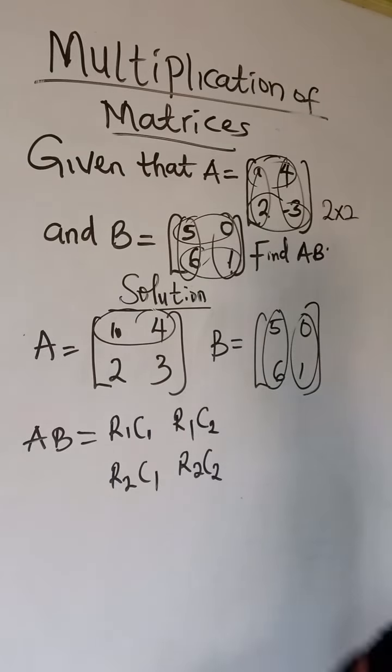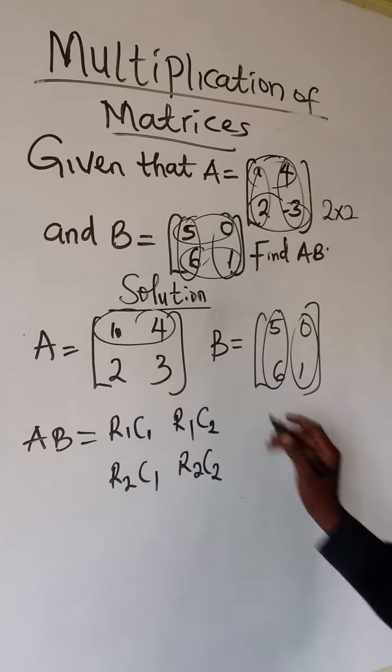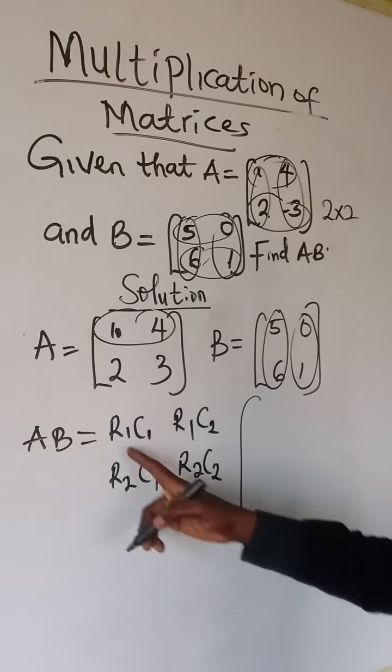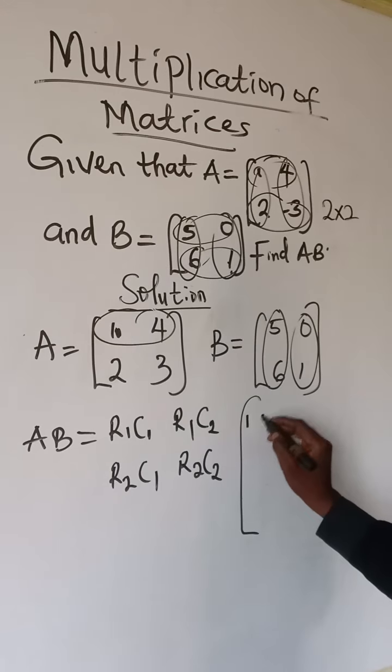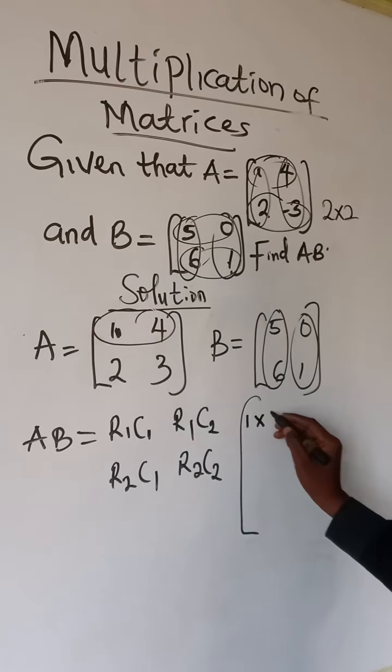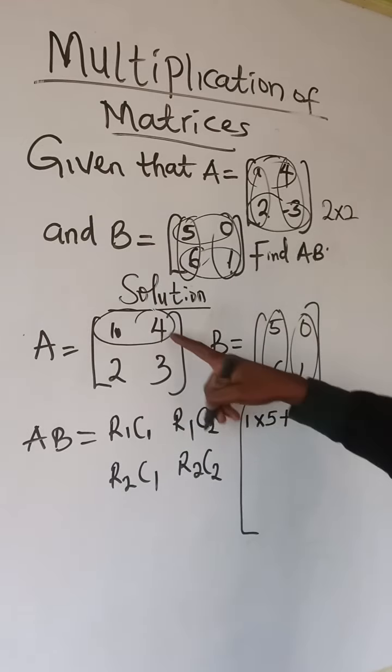So how do we solve it? Now let's take it one after the other. So let's start. Now for row 1 we have 1, multiplied by column 1, we have 5, plus 4 is still in